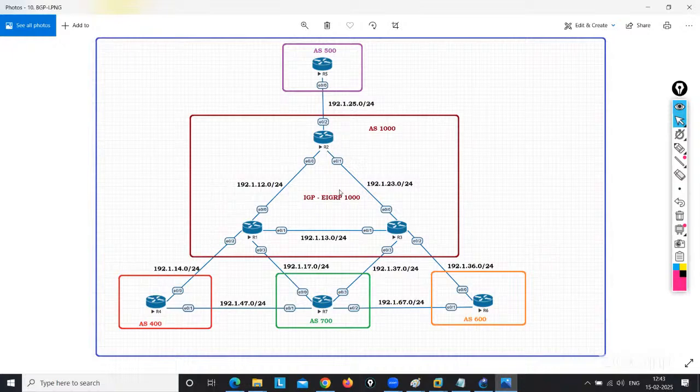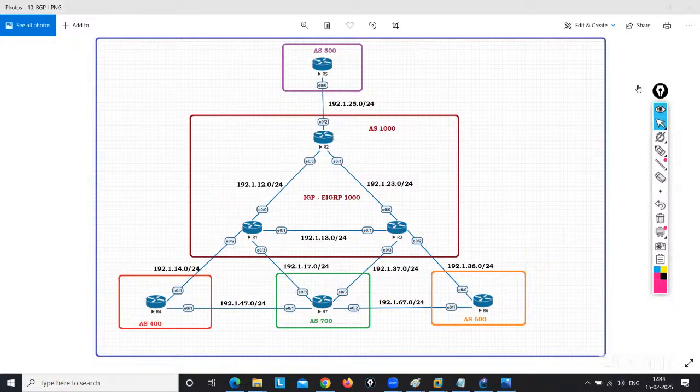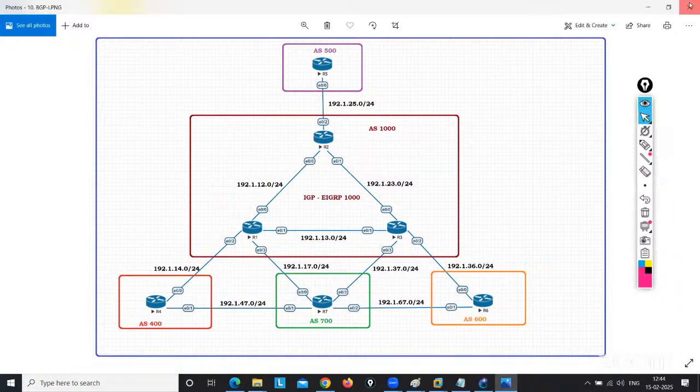So I will configure EIGRP as an IGP. I will communicate, everything will be communicated here. We need to configure the AS path. We need to configure the MED, everything on this one diagram for BGP. This is a very big diagram, so we need to configure this in the NRC part, because the lab will be big here.